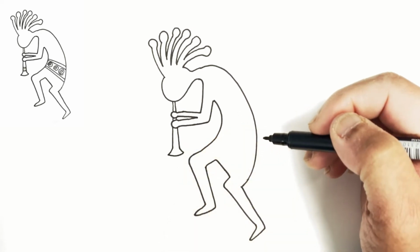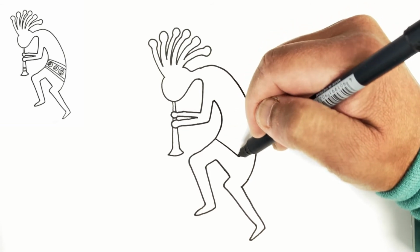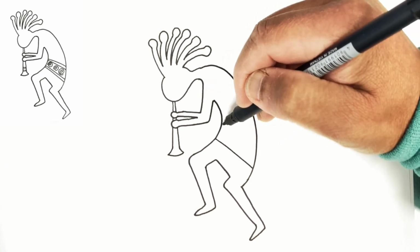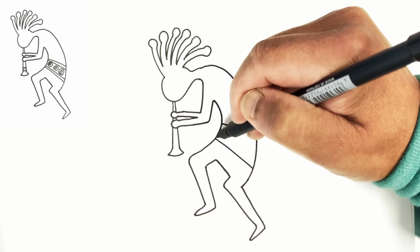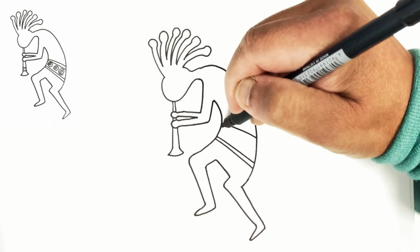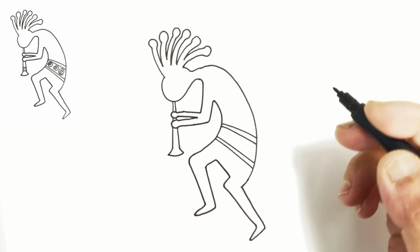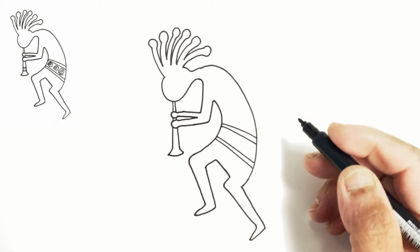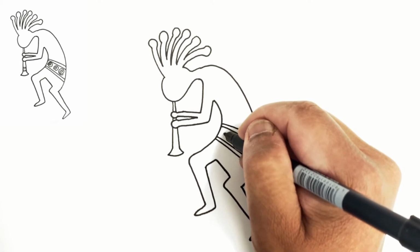So that's pretty much the Kokopelli, but we'll go ahead and give it a belt, and this is one of the areas where a little customization from Kokopelli to Kokopelli can be done, where the pattern of the belt is different. And here I'll just draw 2 parallel lines for the top and bottom, and then you can draw any repeating pattern that you want here, and there's a lot of different ones. In this case I think I'll just go ahead and draw in a spiral,